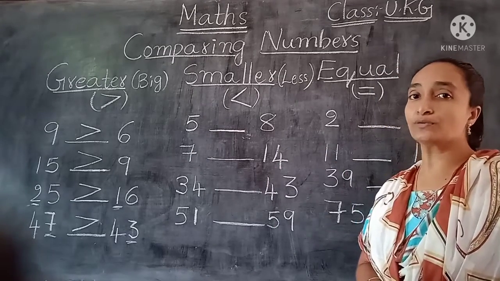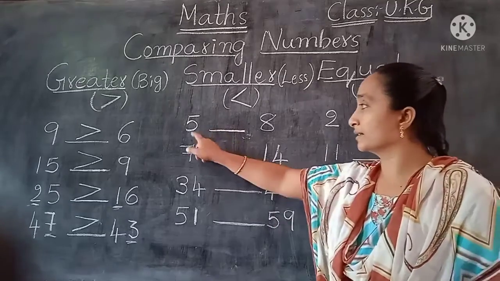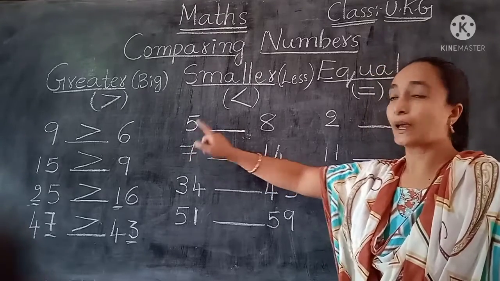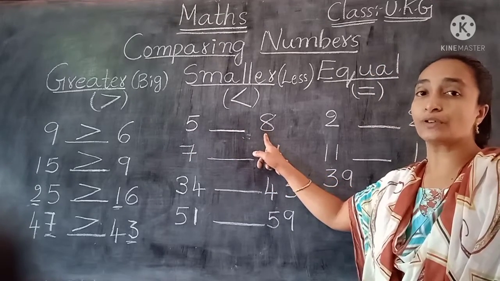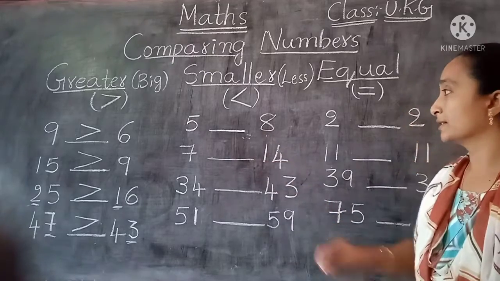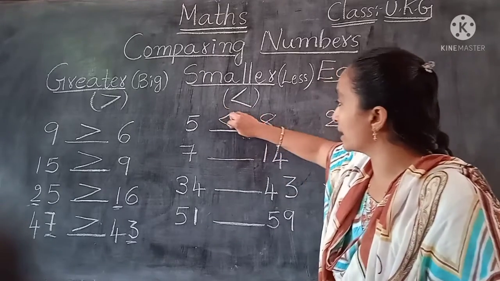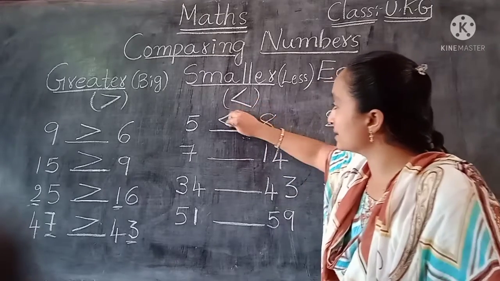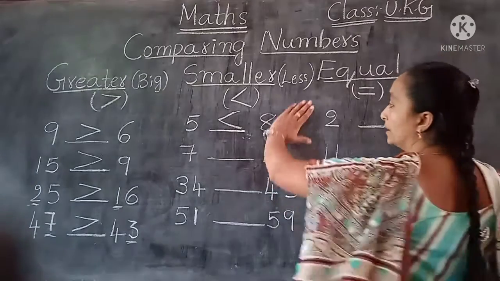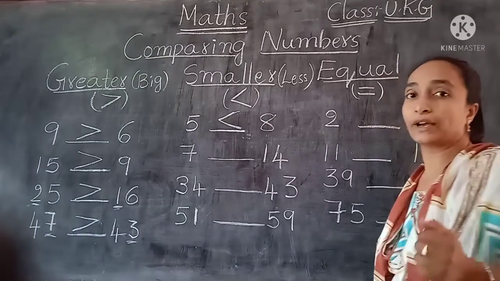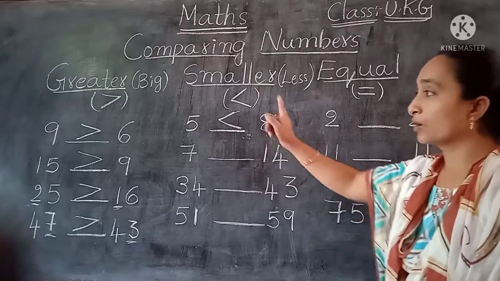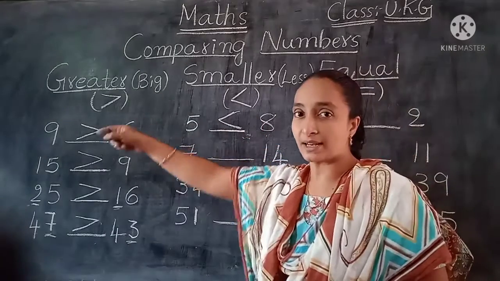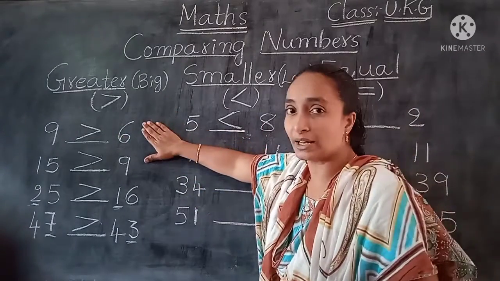So this we can write as the symbol now. Suppose the less number is this side and the big number is this side. Now how could we find the symbol? How could we write the symbol? Yes. So the less than symbol here we have to use. That means the crocodile will open the mouth this side. Why? Because the bigger number is this side. Now in a greater than, the bigger number is that side. So we are keeping the symbol like this.